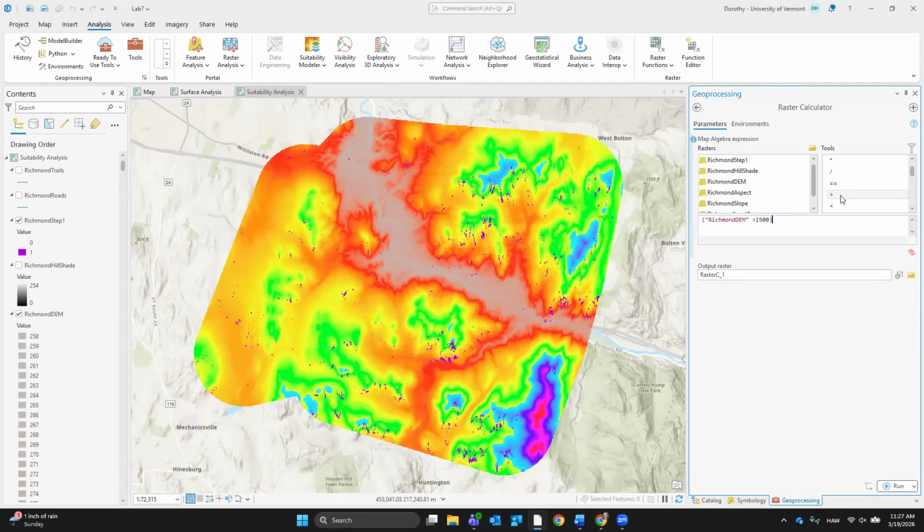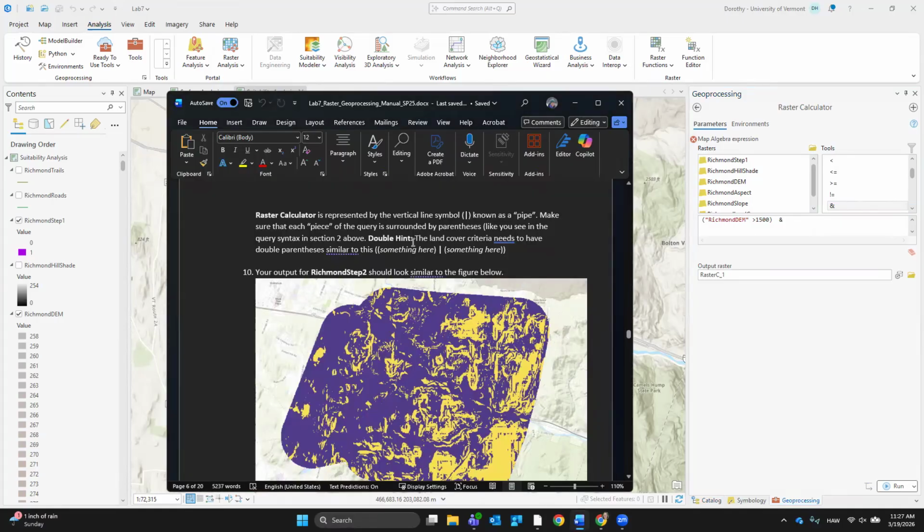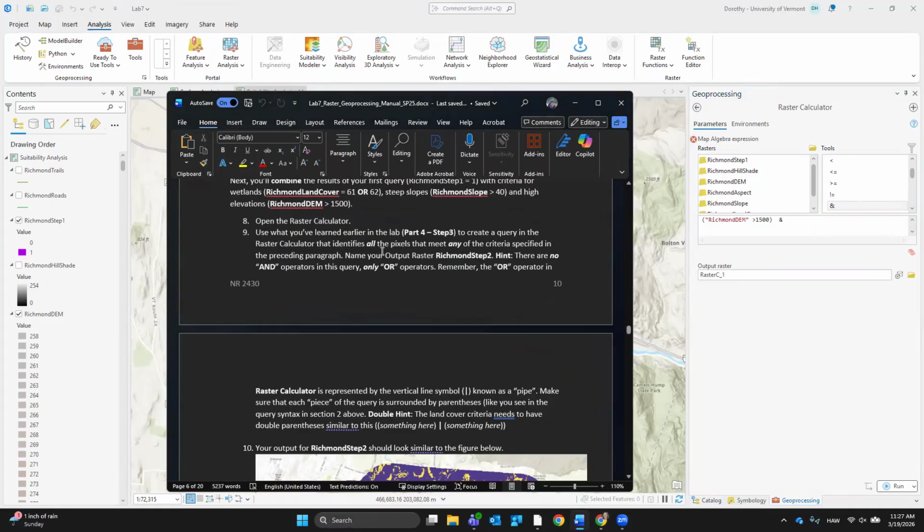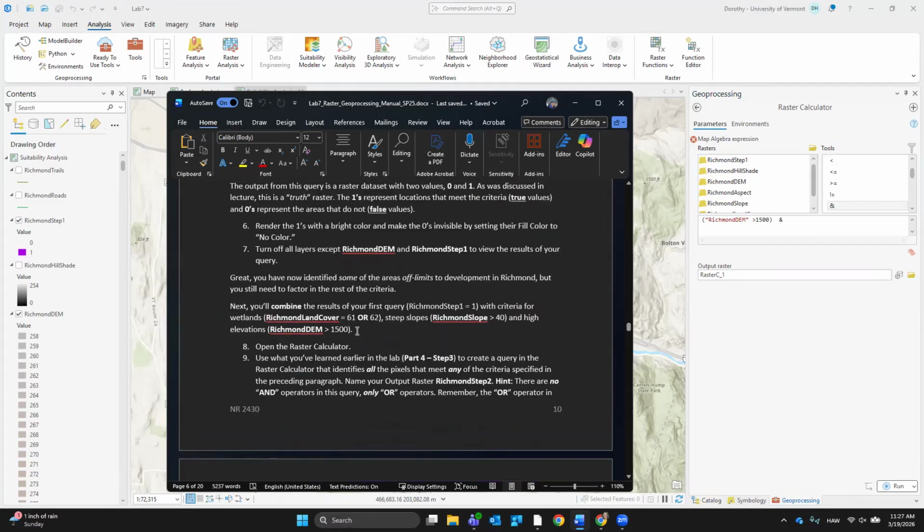Okay, stop it. And other things, because now my brain is all over the place. All right. Okay. Richmond DEM is greater than 1500.